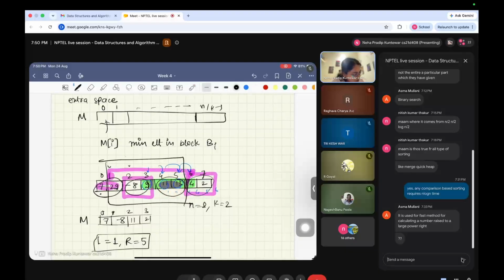So within this block you know the minimum, that is minus 8. You don't need to find it, you'll just look at this array and this is what you have. For this block you know the minimum, that is 11, but we can't use the minimum here because the minimum of this block could be 7, but 7 is not a part of our array, so that is where you go wrong. So if a block is entirely contained within L to R, so for all